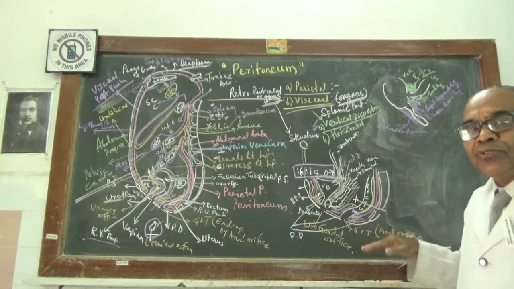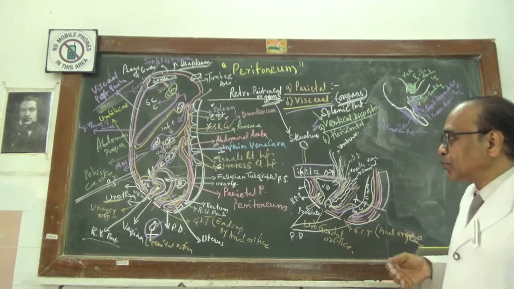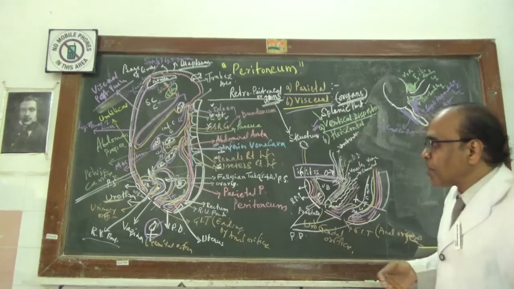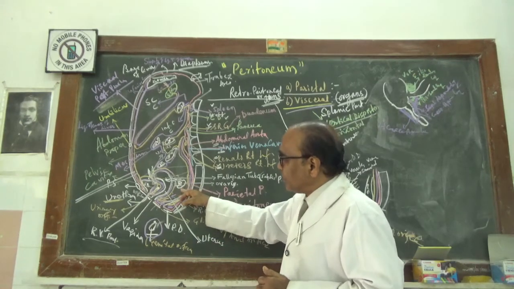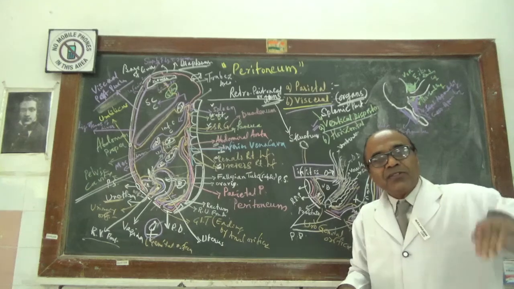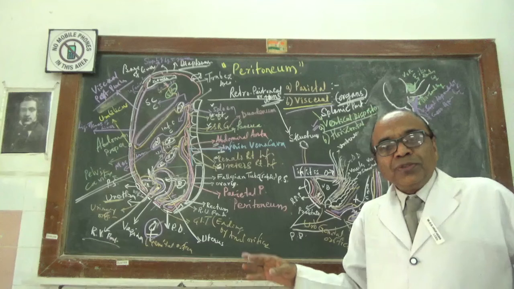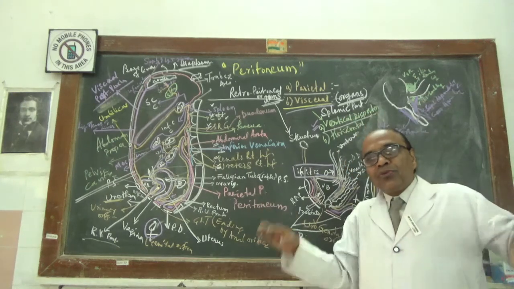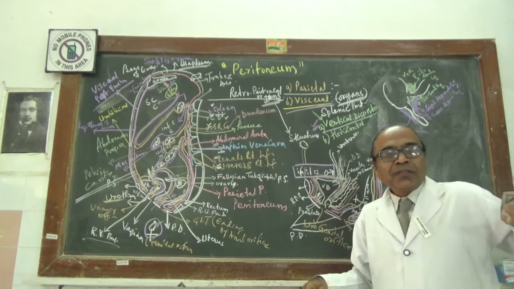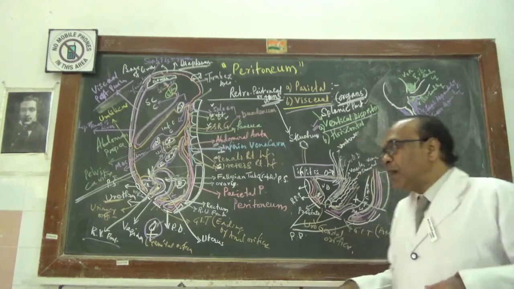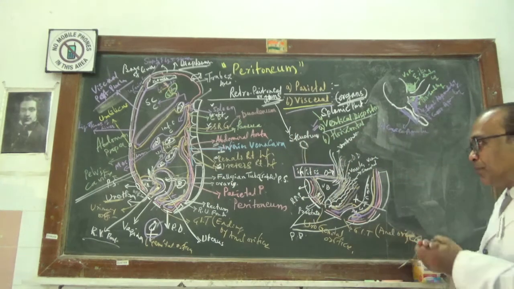Mesosalpinx. Now this mesosalpinx attaches to the posterior and lateral wall of the true pelvic cavity, and thereby it covers the ovary. After covering the ovary, it attaches to the ovarian fossa, which is on either side of the fimbriated end of the fallopian tube. To the ovarian fossa, it does not run straight transversely, but runs a little obliquely and then a little back. So it is a vertical disposition. That ligament is called the mesovarian ligament.